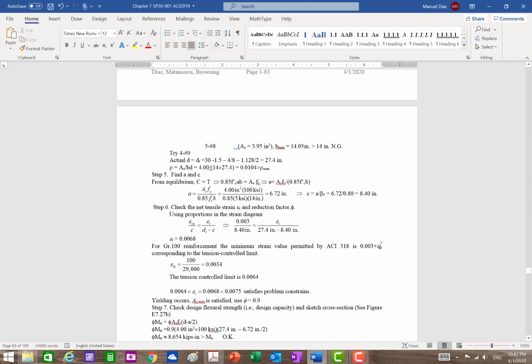Here we need to find the limit for tension control. I need my epsilon ty, so I find 0.0034. I add to that 0.0064 and 0068. Oh my God! I'm almost dealing with the smallest possible cross section that I can have with the 100 steel. Right? So what D tells you is that